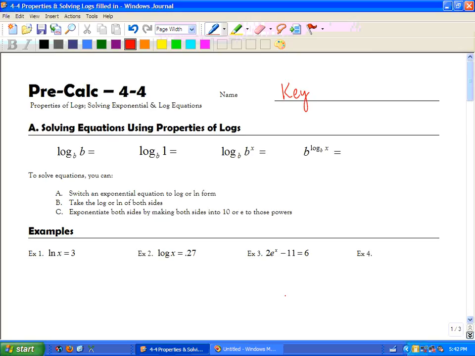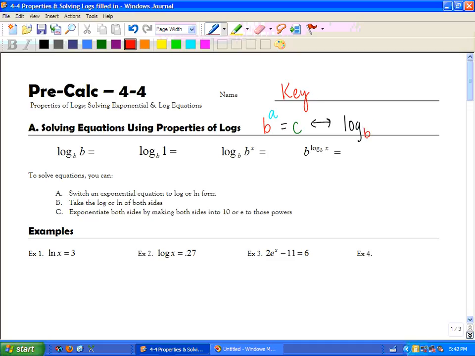Today we're going to be talking about section 4, which is properties of logs, solving exponential and log equations. So hopefully you remember from last year the way to switch from log to exponential form. So if you have something in exponential form, such as b to the a power equals c, then hopefully you remember that you can switch that into log or natural log form by doing log